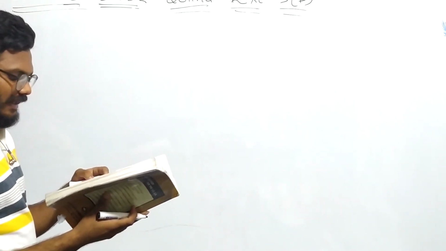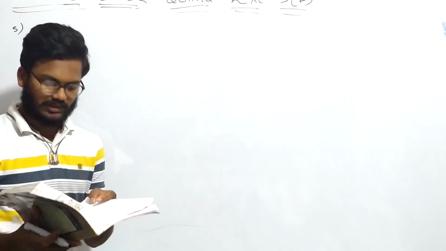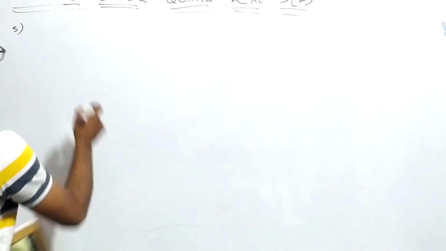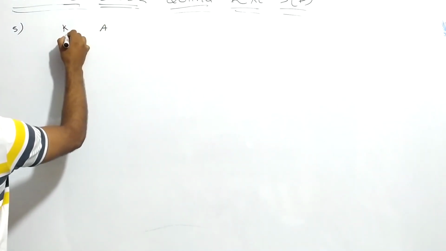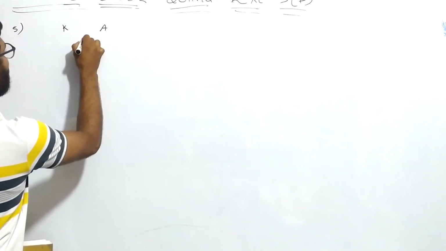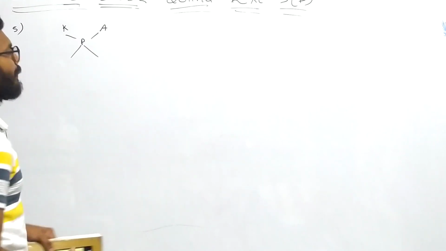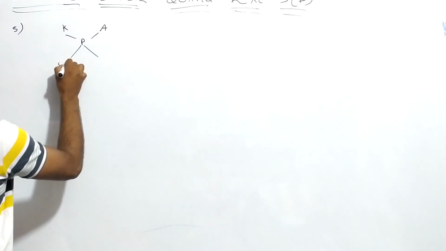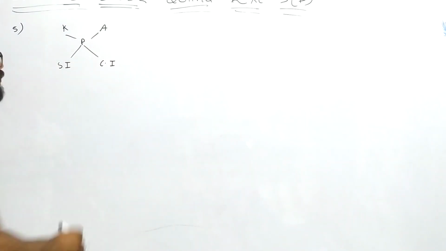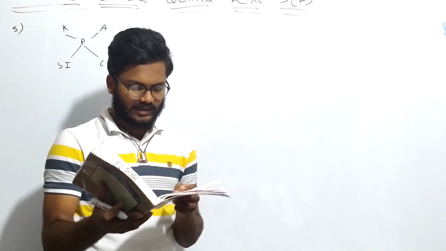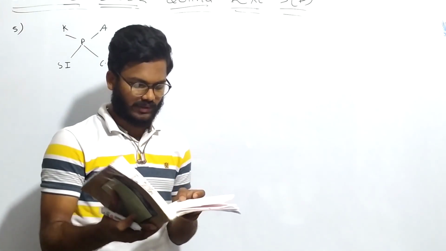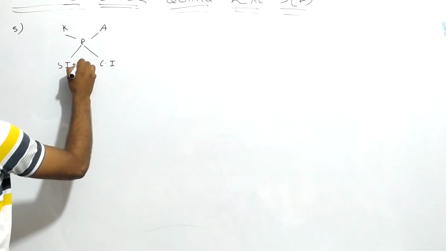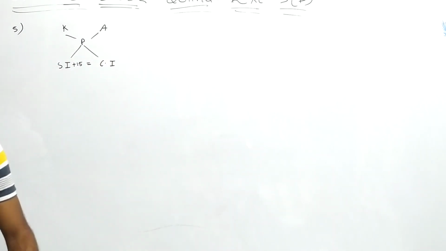Kamal and Anand each lent the same sum of money for 2 years at 5%, at simple interest and compound interest respectively. See here what they are telling. Kamal and Anand are there. They gave some amount. We don't know that amount. Let each lend P amount for 2 years at 5%, and Kamal gave it at simple interest and Anand gave it at compound interest. So here the condition is Anand received 15 rupees more than Kamal. So Kamal's amount plus 15 rupees is equal to Anand's amount, right?